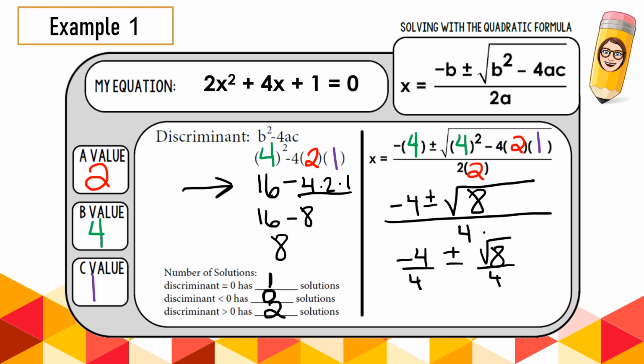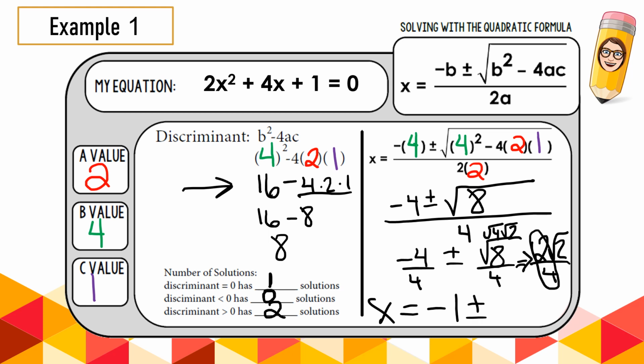I also want you to reduce radicals. So square root of 8 reduces to 2 square root of 2, so this part is actually 2 square root of 2 over 4. Do you see how I did that? That means my final answer, negative 4 divided by 4 to get negative 1, plus or minus